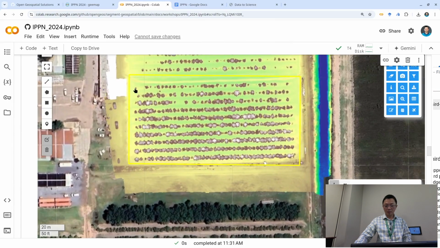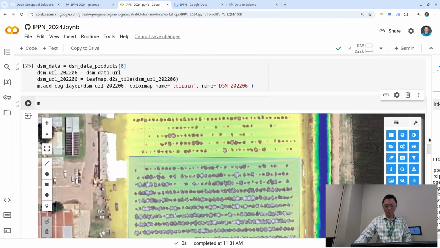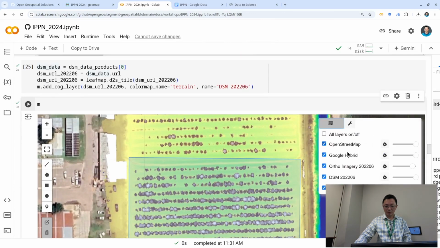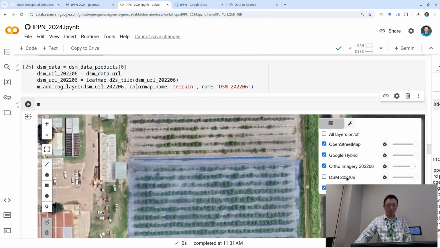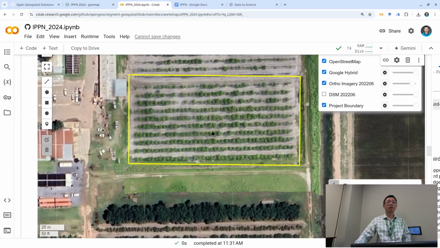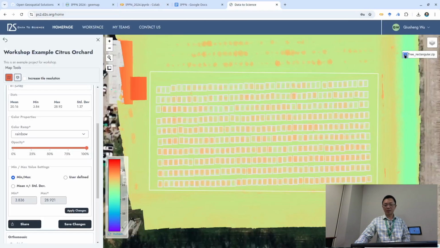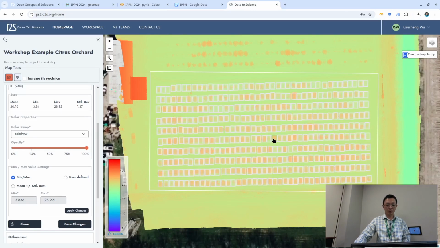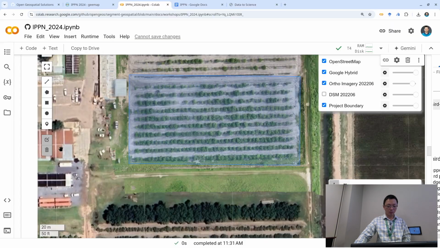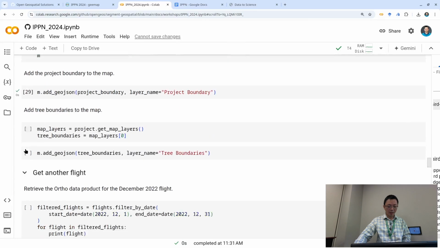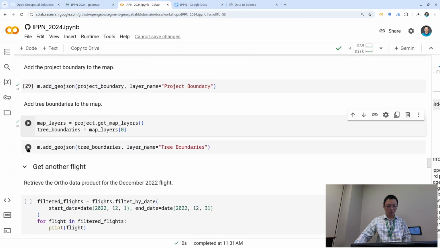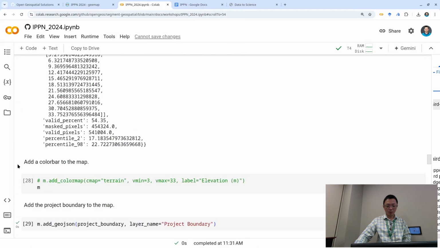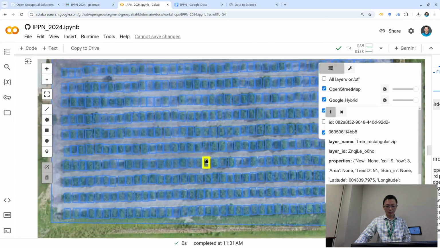Okay, so if you add a GeoJSON, the yellow one is the one for the project boundary, so I can turn off maybe the DSM, so you can see better. So when I hover my mouse, you should see the yellow rectangle. This is basically the project boundary from here. Oh, the tree boundary, it is this white one here showing you. But we can also add the tree boundary if you want to. So you can continue to click the tree boundary and then add the tree boundary back to the map. So now we should have both. So if we zoom in,